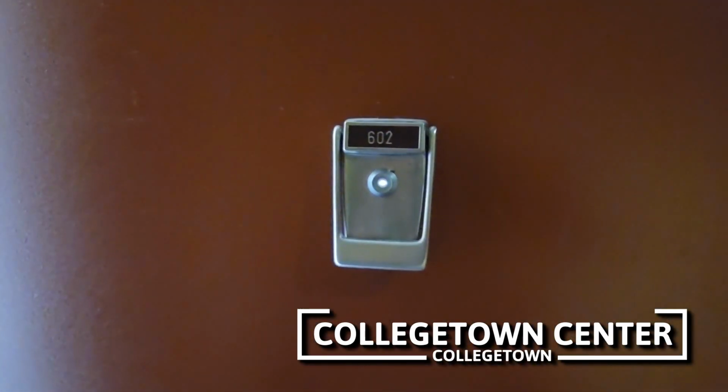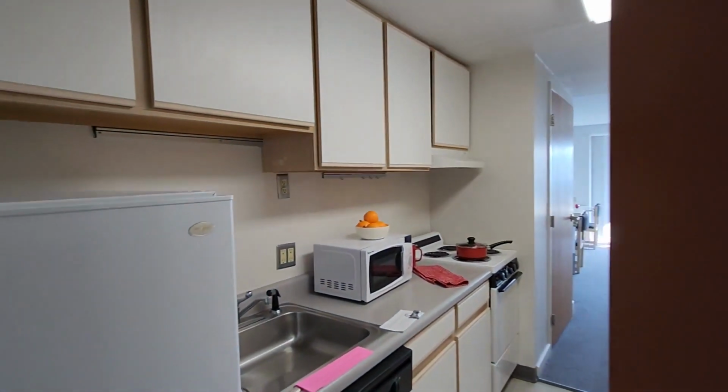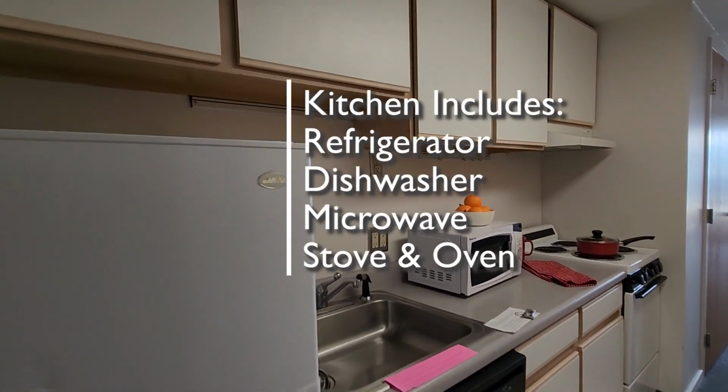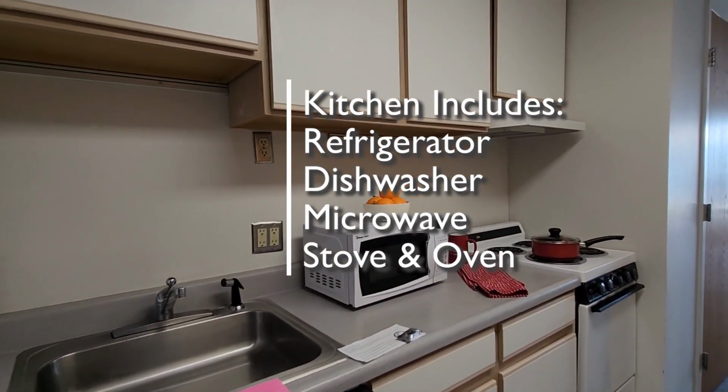We're here at Collegetown Center to take a look at apartment 602. This is an angle style apartment on the top floor of this 6th floor building. We'll enter and the kitchen is on our left. You can see the refrigerator, there's cabinets and drawers, the dishwasher and sink, there's a microwave, there's an electric stove